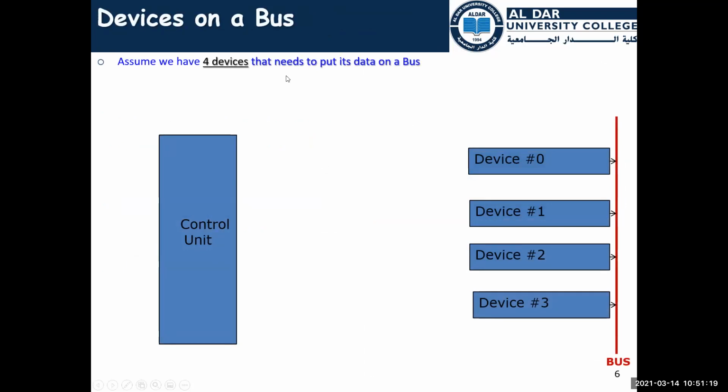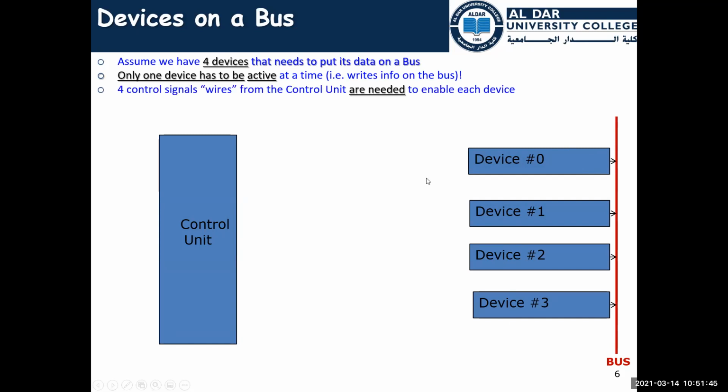So, for example, if we have four devices here and the devices are connecting directly to a specific bus, I want the control unit to just enable only one device at a time. I want to have only one device at a time to write on the bus. Not all of them. I want one only because it is only one bus, and I want that bus to carry only one value at a time. For example, if device 0 is writing to